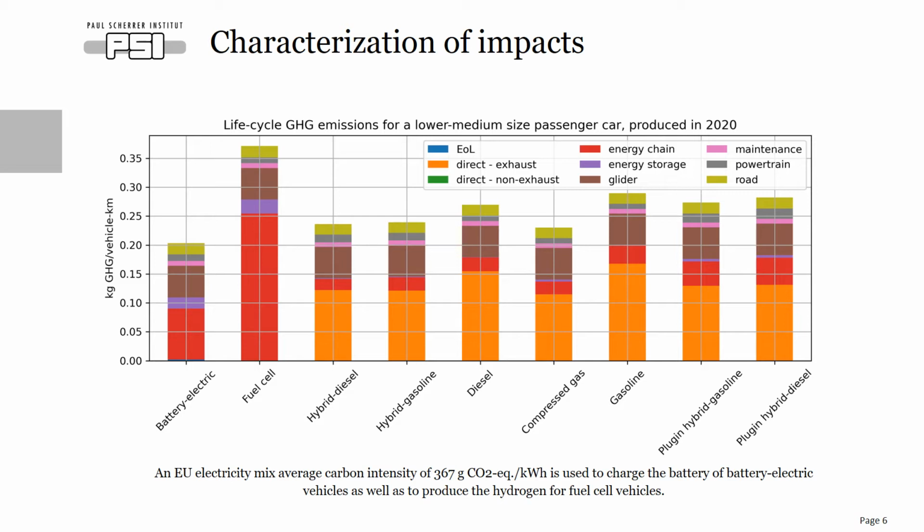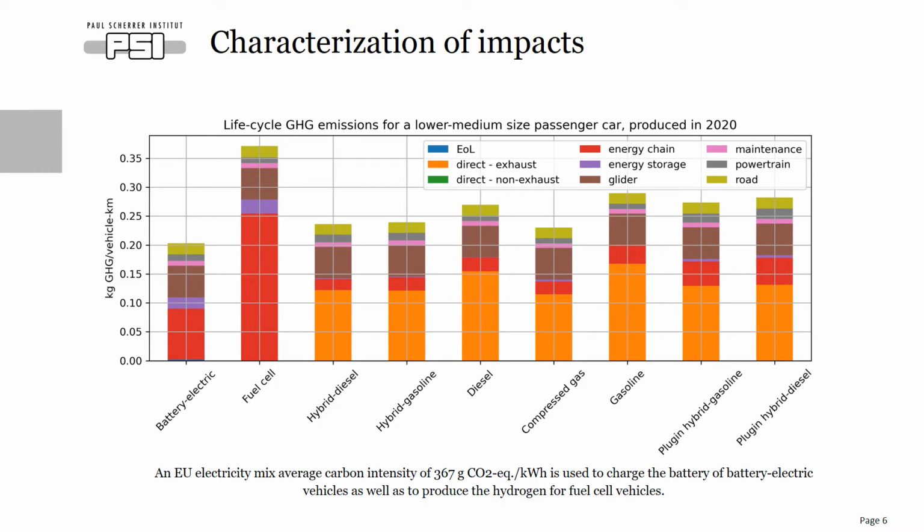That was the first point, and the second point maybe is to say that as cars get cleaner, as they have more efficient engines, the share of fossil fuel combustion will reduce, and the same can be said for these novel powertrains. As the electricity used to charge the battery or to produce hydrogen gets cleaner, the share of energy chain will also reduce, which will make some other source of emission look comparatively bigger.